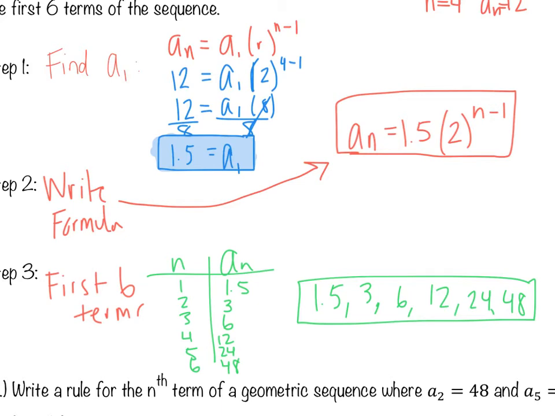So the sequence would be 1.5, 3, 6, 12, 24, and 48. And that's how you'd solve it if you were missing the first term. And just like the previous notes,